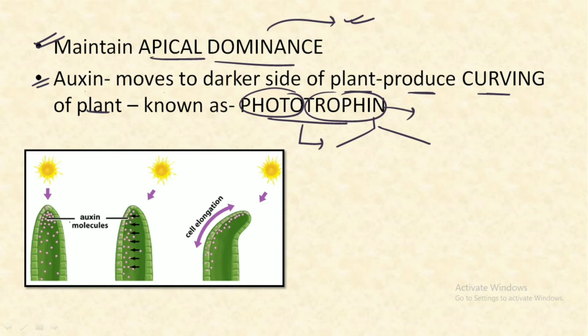As you can see in the figure, there is auxin present at the apical part. Initially the plant was receiving sunlight from the tip. All the auxin was present at an equal distance on the tip of the plant, but as the sun moved towards the right, the auxin starts to diffuse towards the darker side, away from the light portion. As a result of this movement, auxin helped in the cell elongation of the darker side, and there occurred a curving of the stem of the plant.